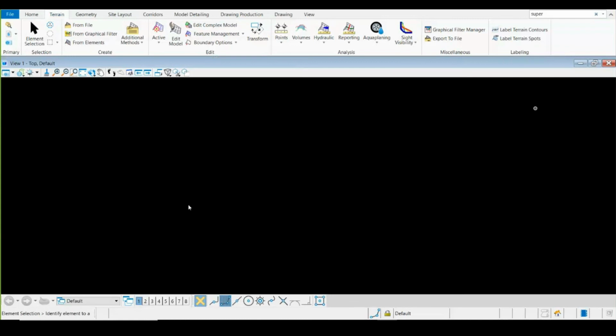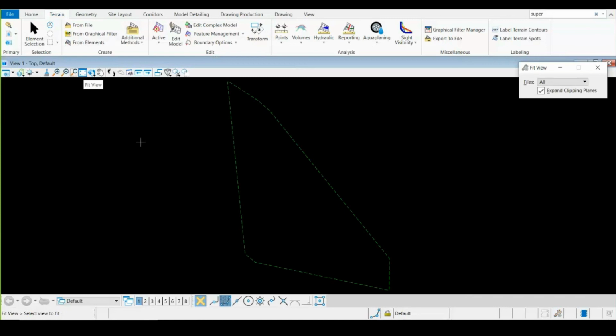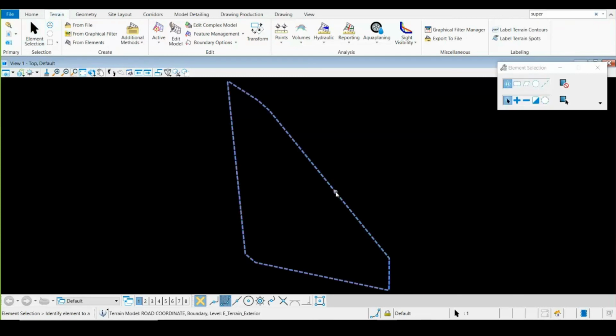Since nothing is visible, there is one common mistake many of you might make, wondering why it's not visible. I haven't selected the fit view. Once I take the fit view, you can see this green dashed line, which is reflecting my terrain boundary. It's not an empty terrain. It does contain spot elevations, my major contours, minor contours, as well as other parameters we can see from the properties we need to select.